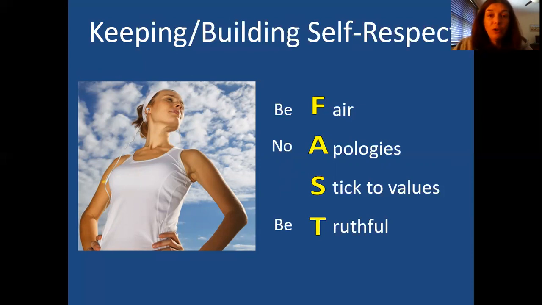No apologies, or no overly apologetic behavior, means say you're sorry when you actually did something wrong, but don't overuse I'm sorry for every little thing, right? You don't have to say I'm sorry if you're hungry. You don't have to say I'm sorry if you have to go to the bathroom. You don't have to say I'm sorry just for existing, all right? If you keep doing that, it's going to diminish your self-respect. So don't overly apologize. Be mindful of when you're doing that and try to say something else. You might actually mean something different, but you're so used to saying I'm sorry that you keep just saying it, all right? So just be careful there.